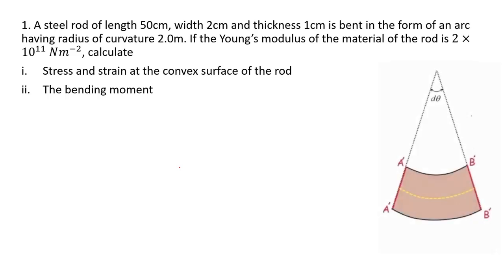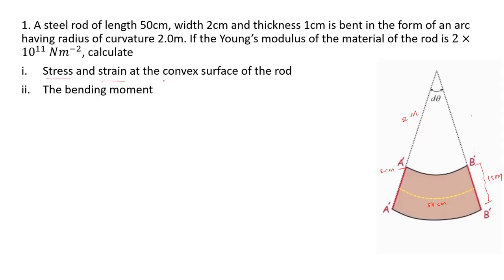A steel rod has a length of 50 cm, so it will definitely be the length of the neutral surface always, and it has a width of 2 cm and a thickness of 1 cm. And it is being bent into an arc of radius 2 meter. The Young's modulus of the material is given and we are asked to calculate the stress and the strain at